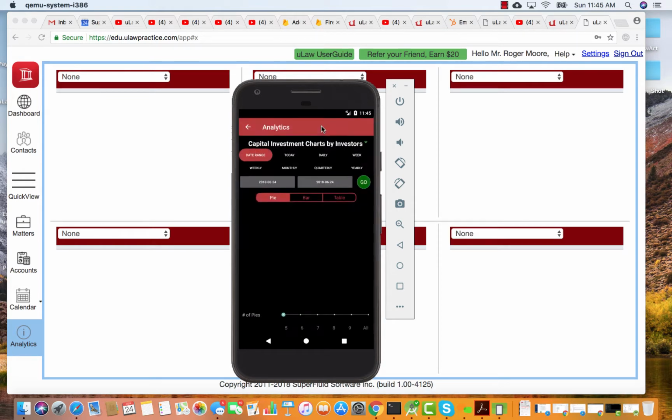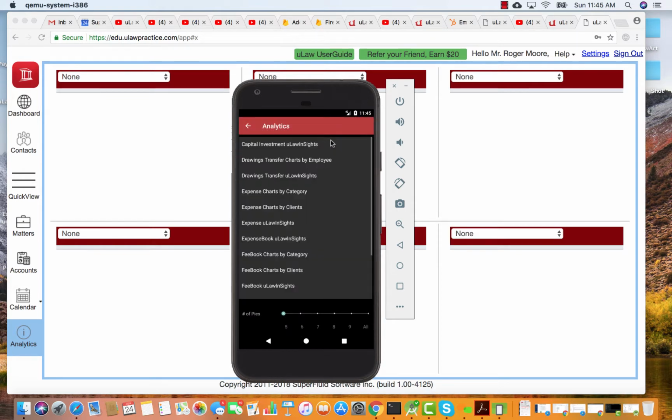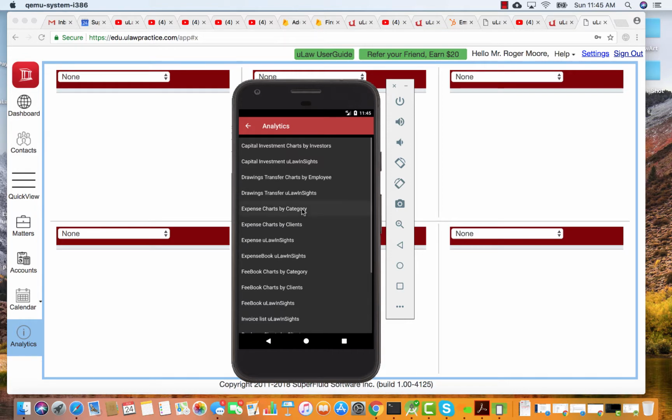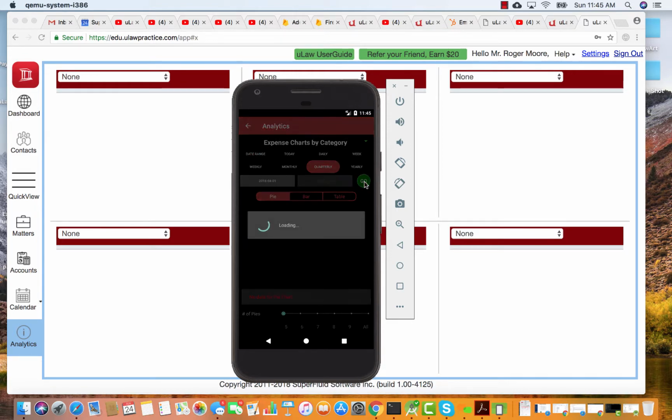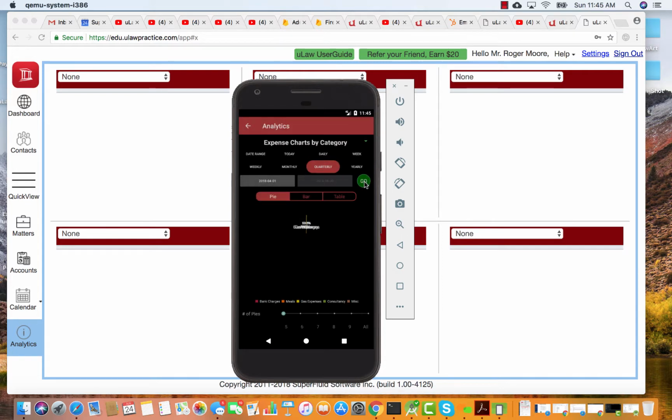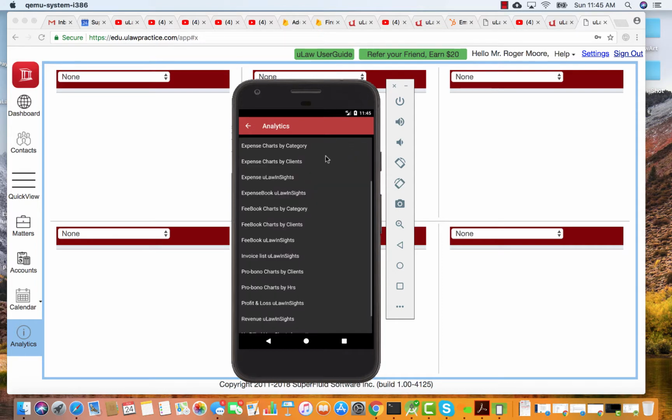You can also look at expense by category. You can say I want to look at expense by category, choose a quarterly view and click go. Now instead of looking at it as insights, you can look at it by category. It looks like consultancy, gas expense, miscellaneous are my areas of expense by category. If you look at it by client,